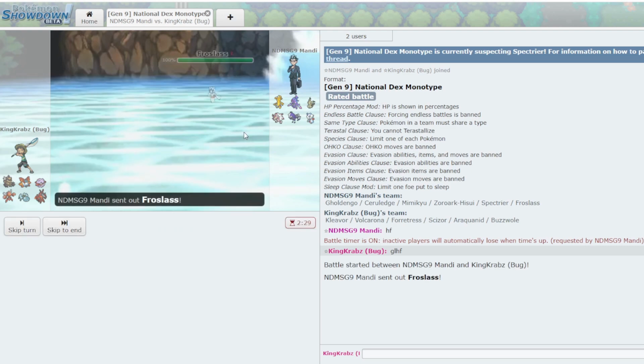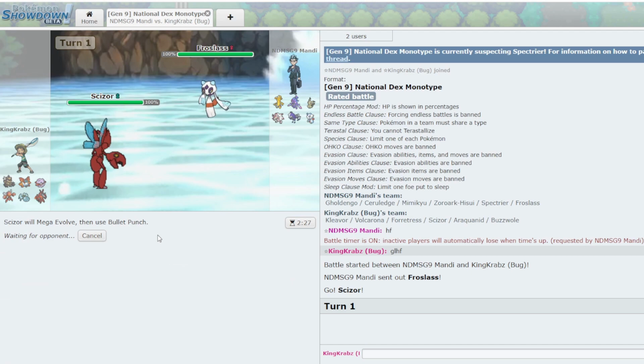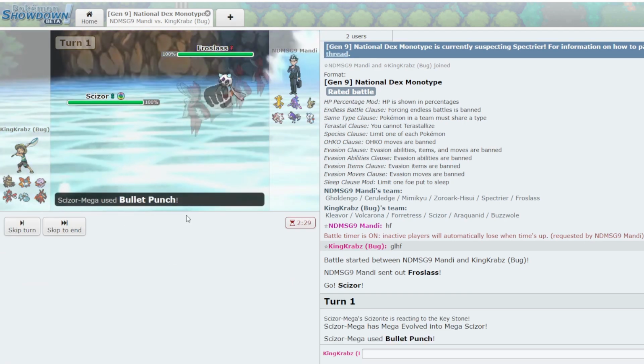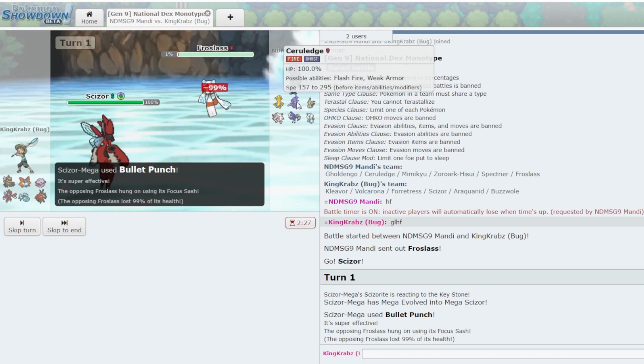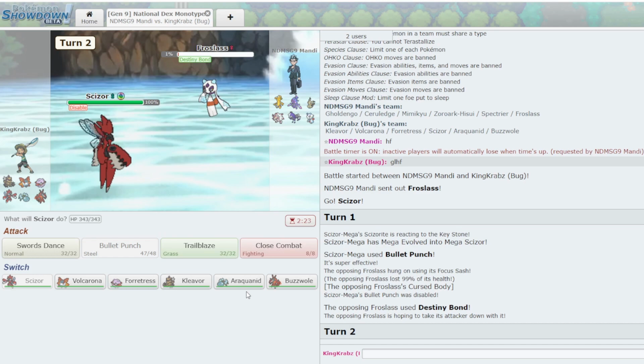I kind of want to open up Scizor. Yeah, exactly as I expected them to open up Froslass, and we're just going to try and Bullet Punch immediately, shut down any attempts they have at setting up right away. Now, Ceruledge is a big threat to my team. Of course, they get the Cursed Body, and that really sucks for me, because now they get